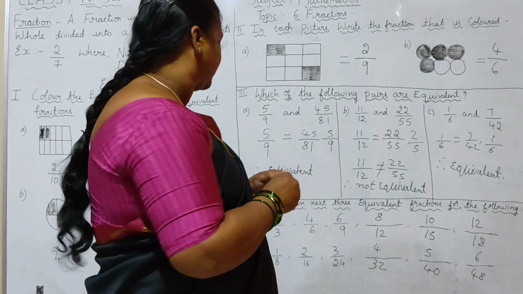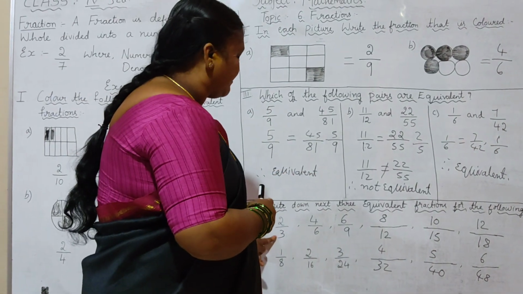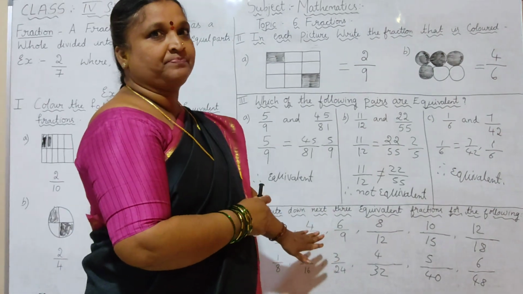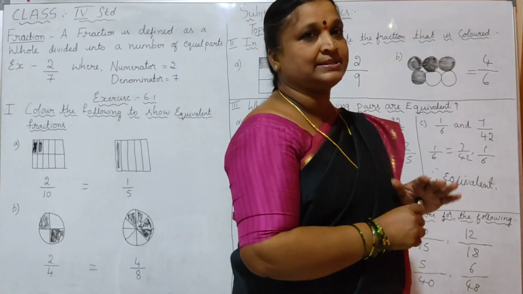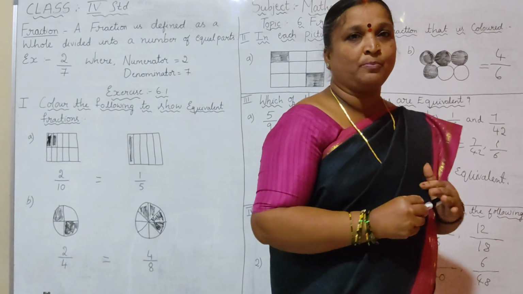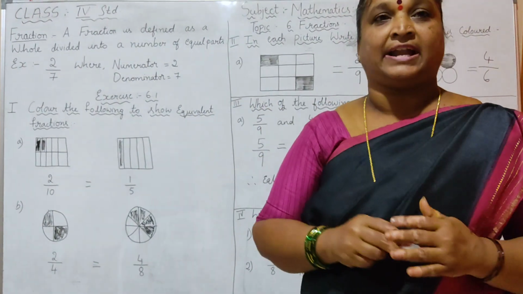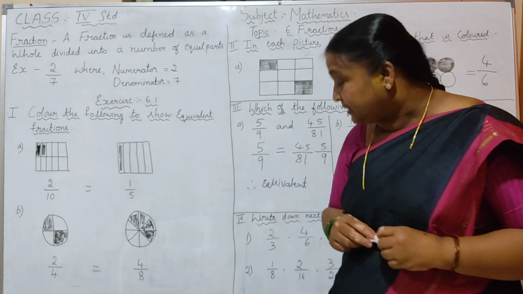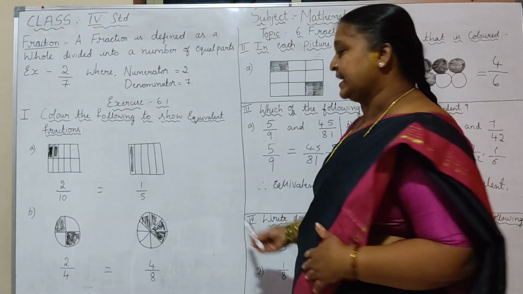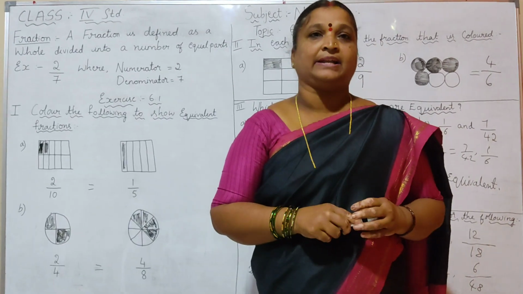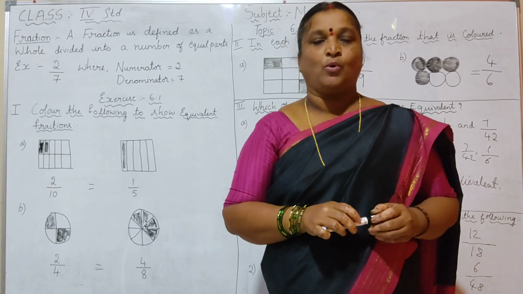Up and down, you have to see what numbers they gave in the numerator and denominator. That continuation of tables you have to write. I hope you all understood today's class. Write all of this, these 4 mains I have given now, in your classwork neatly and send it on WhatsApp, children.